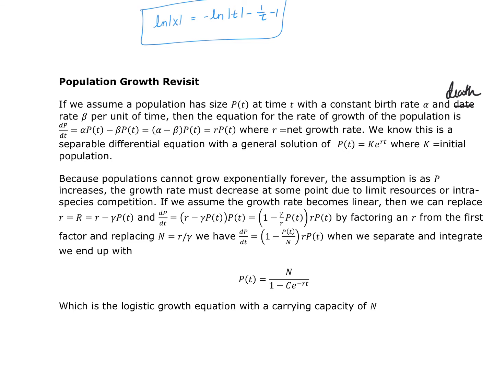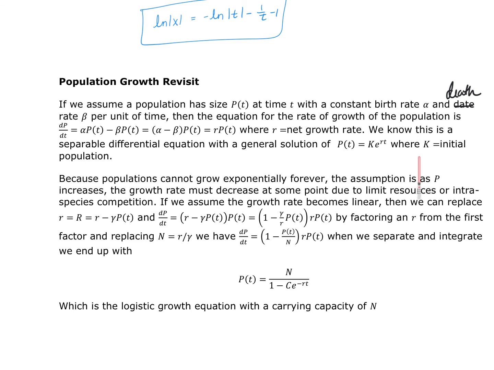Then the equation of the growth rate of the population, and it doesn't matter what we're talking about, it could be bacteria, it could be people, it could be mice in a field, is going to be equal to dP/dt equals alpha P of t minus beta P of t, which ends up becoming, when I get done factoring out the P of t, r P of t, where r is the net growth rate, which could be decreasing or it could be increasing. We know that this is a separable differential equation, and it has the general solution of P of t is equal to k e raised to the rt,